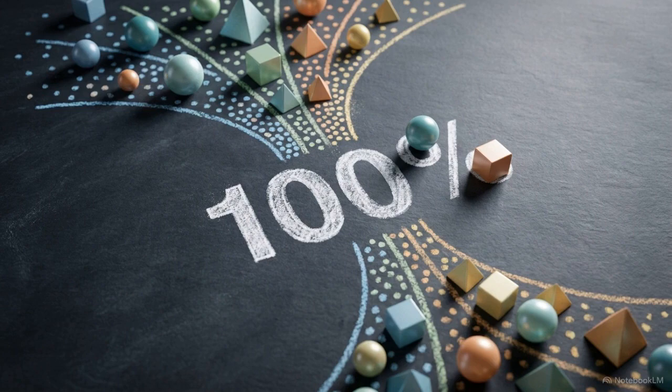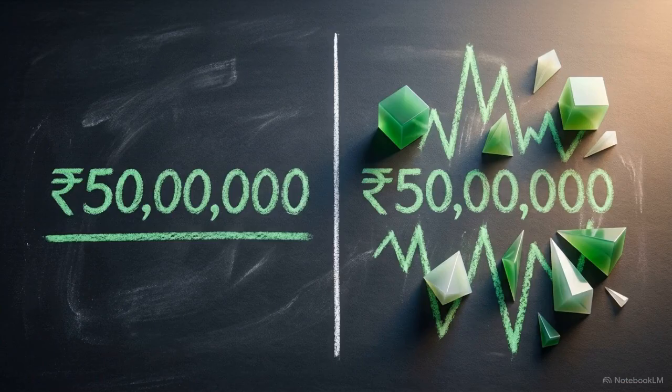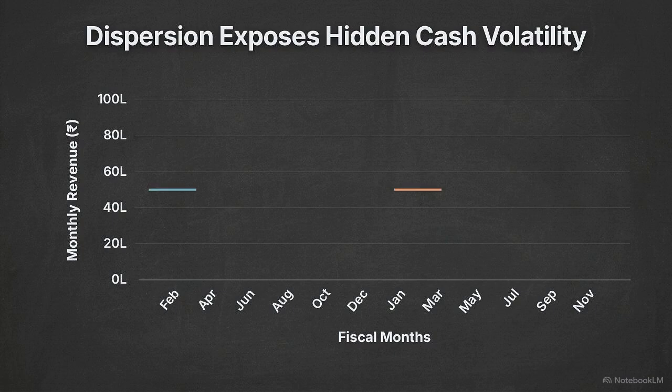In business analytics, performance is often evaluated by summarizing thousands of data points into a single central average. To see where that logic breaks, we need to look at how two identical averages can hide two different realities. Consider two different Indian companies. Both report an identical average monthly revenue of 50 lakh rupees.